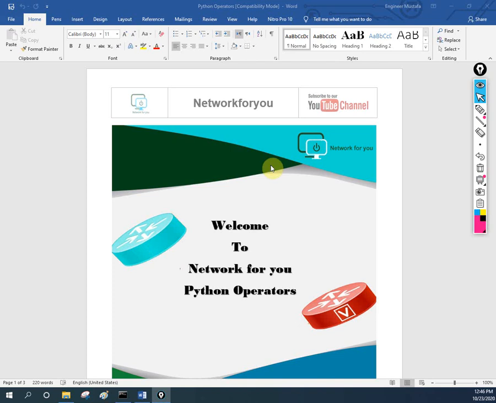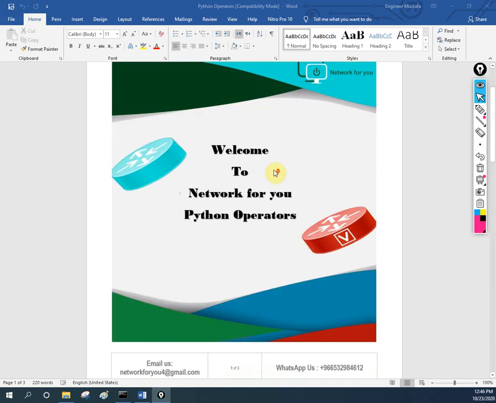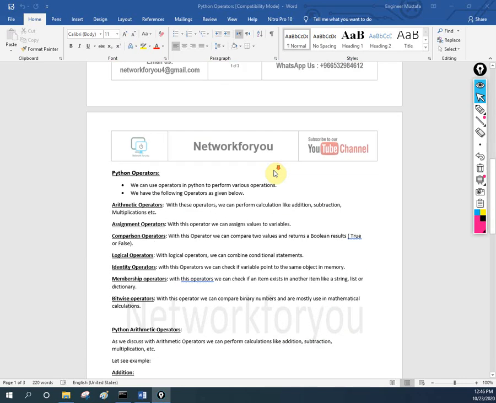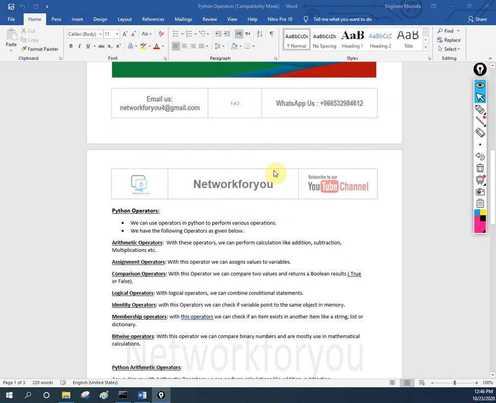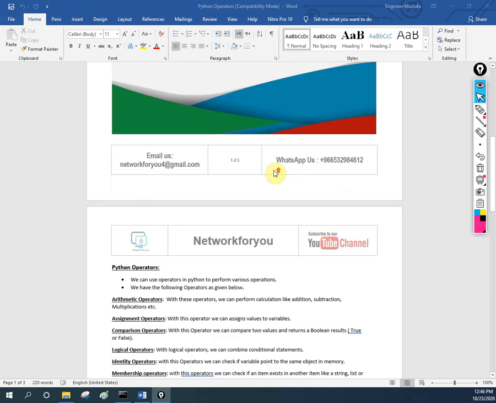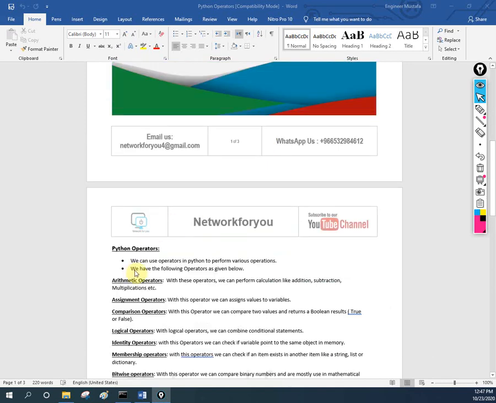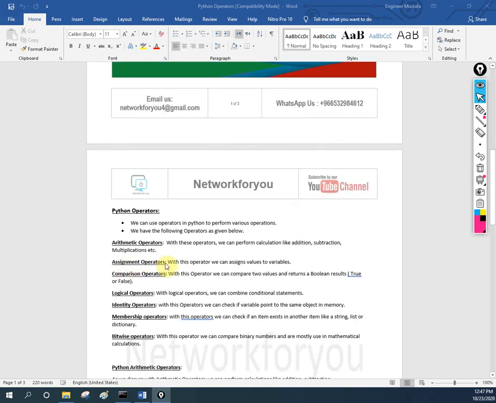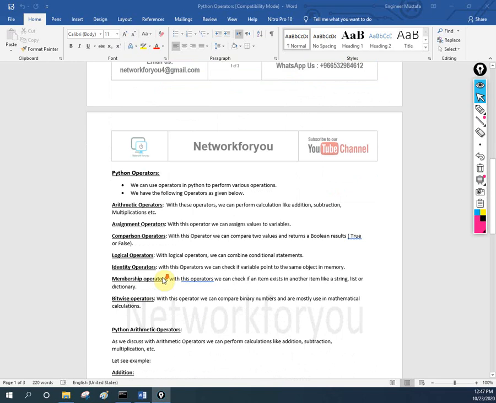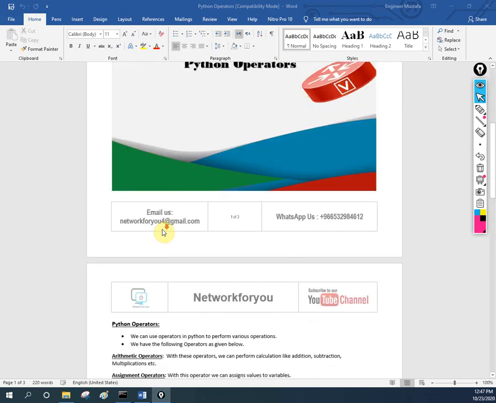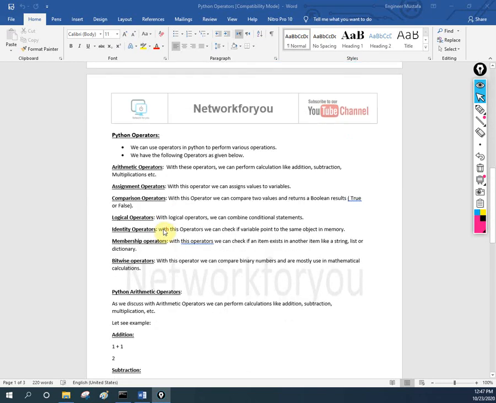So in today's class we are going to discuss Python operators. So let's start. I have already prepared these notes. I am going to share them in our WhatsApp group when we complete the Python operators, because in this part we are going to cover arithmetical operations. In the next class we are going to cover assignment, comparison, logical, identity, and all the other operators. So when we finish all these topics, then I can give you these notes. Okay, so let's start.